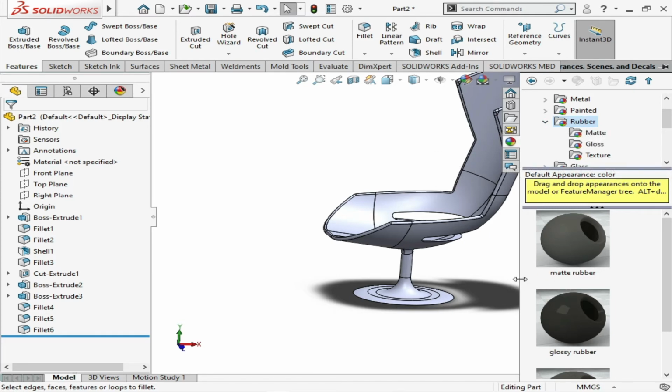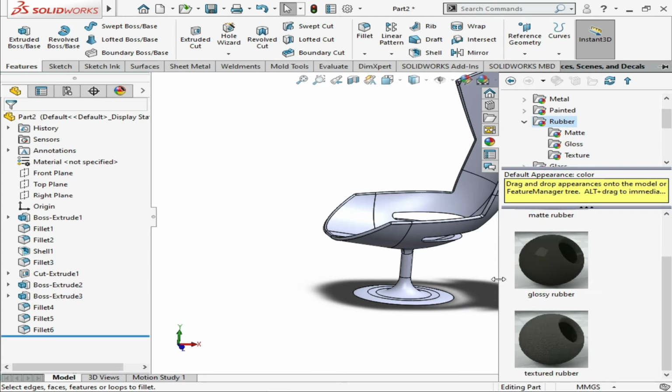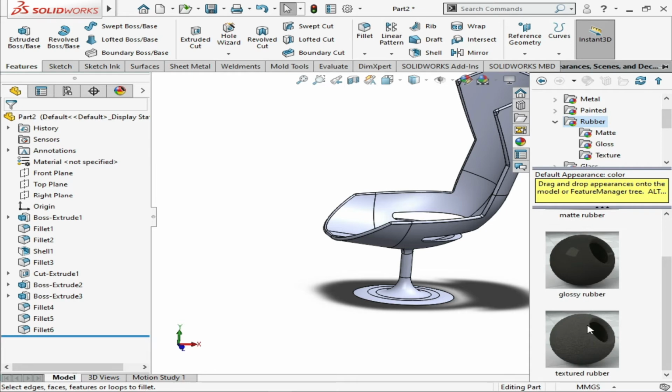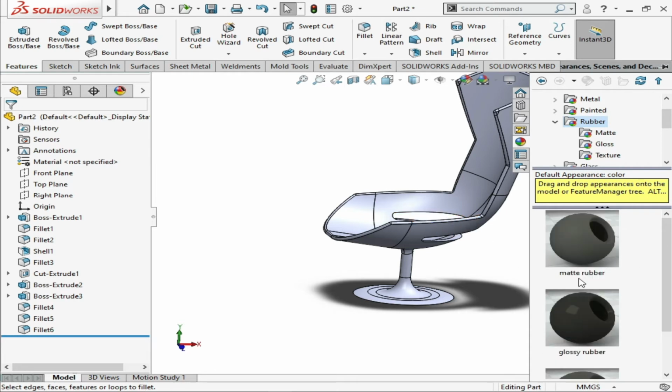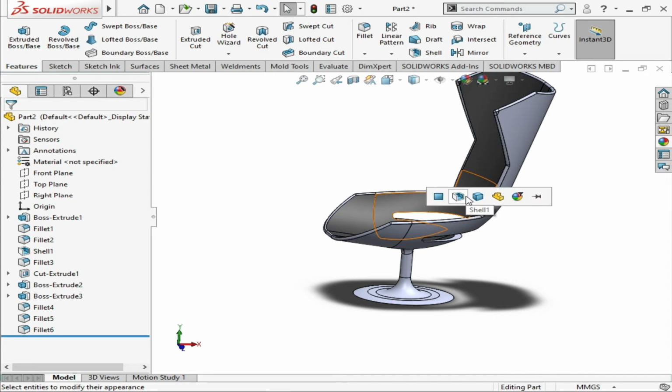As you can see, there are many types of rubbers, so I will simply choose matte rubber or texture rubber. I will choose matte rubber and apply this onto the inside and click OK.